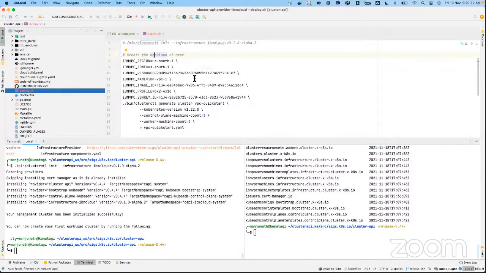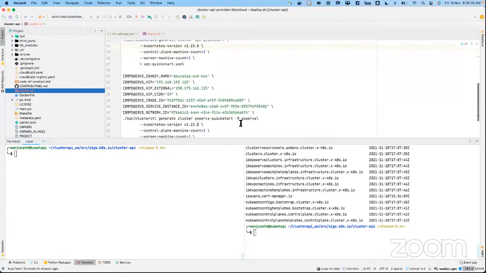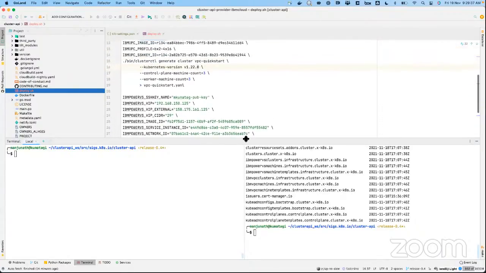So if you want to create any Kubernetes cluster, you end up creating the workload cluster. That cluster will get created, and the management cluster we have deployed will take care of deploying the machines and VMs in the Power VS for deploying the Kubernetes cluster. And then probably what I will do is I'll cover the Power VS.